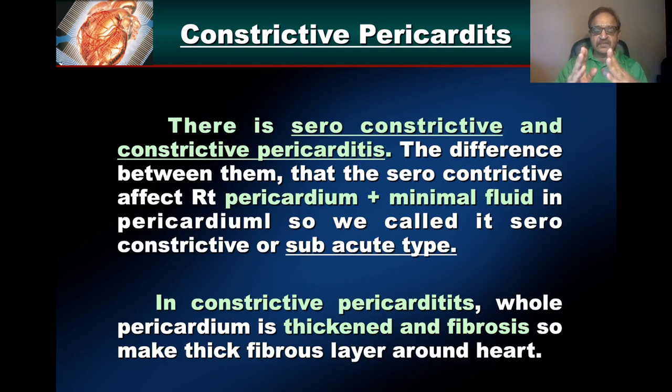Constrictive pericarditis is a condition in which, due to chronic pericarditis, there are multiple adhesions, thickening, and calcification of the pericardium, and the heart is now covered with a shell-like thickened pericardium which is calcified. So it is not allowing the ventricle to relax, left and right ventricle both. They are not allowed to relax completely. So again there is poor filling of both left and right ventricles.